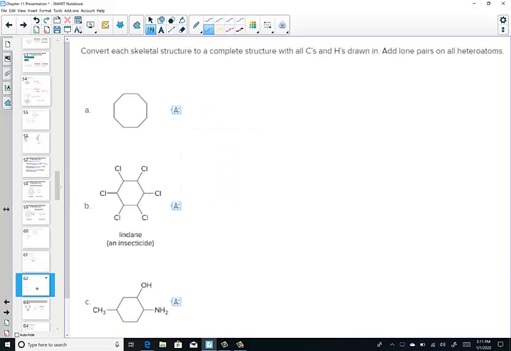Let's keep practicing. Convert each skeleton into a complete structure with all C's and H's and lone pair electrons. Feel free to pause me, work ahead. That really does help. Don't cheat yourself. Make sure that you're practicing as we work together. If you come back to the video when ready, and let's check. Letter A,